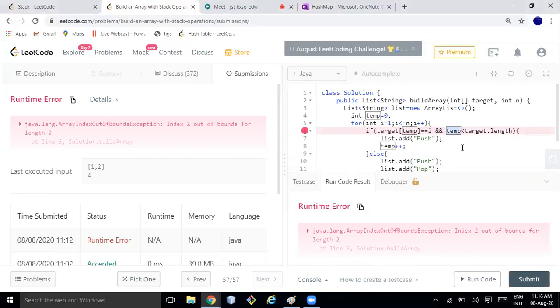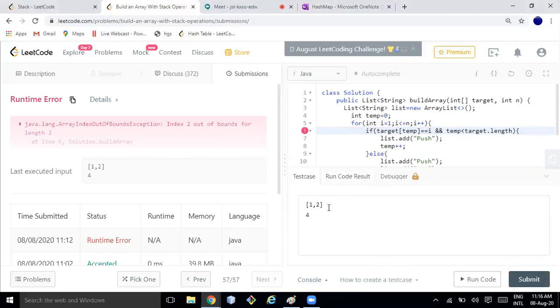You guys suggest what I need to write here. What is the test case? 1 2 and 4. Where can I write this temp target dot length so that it does not break?